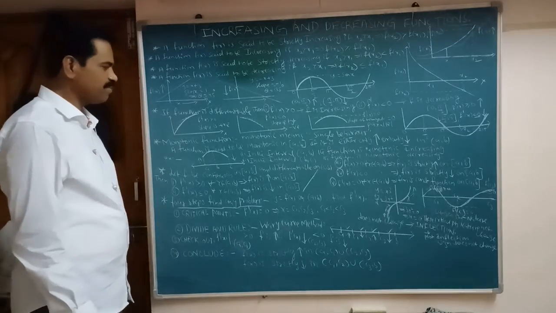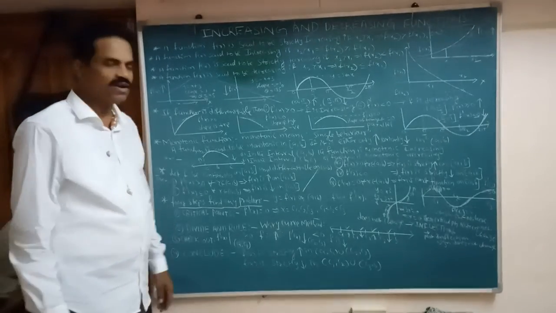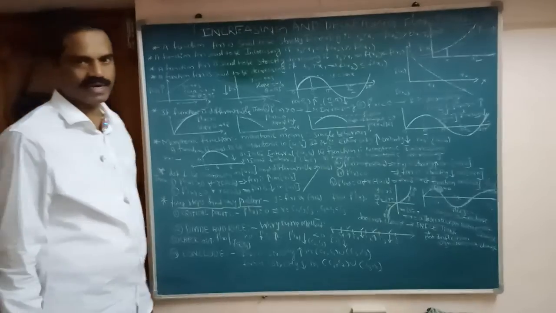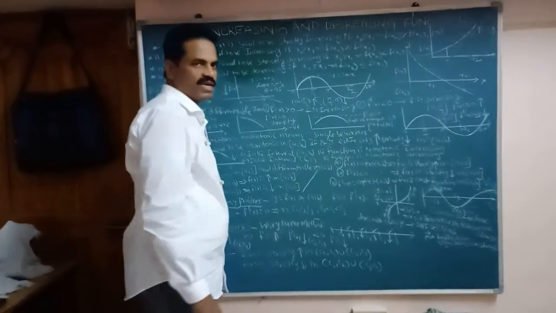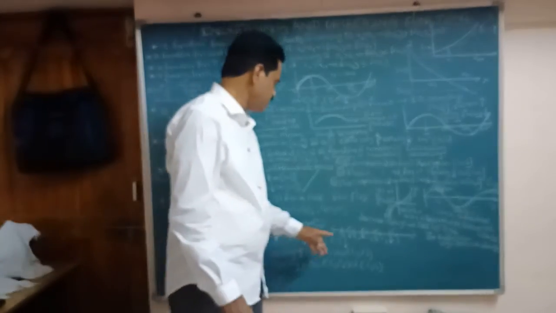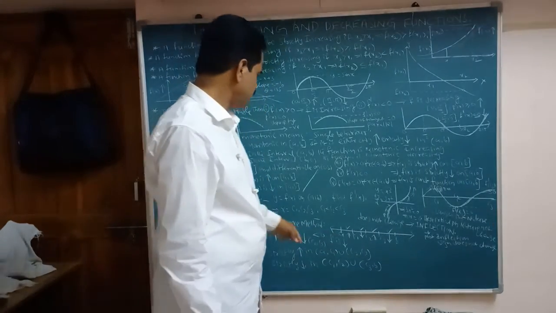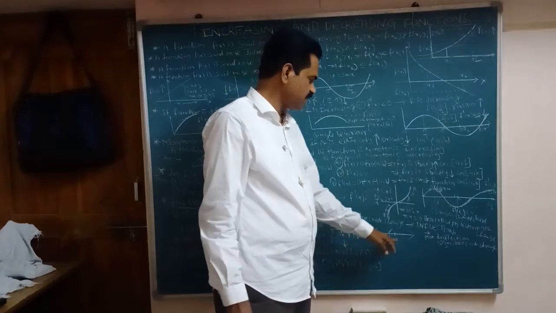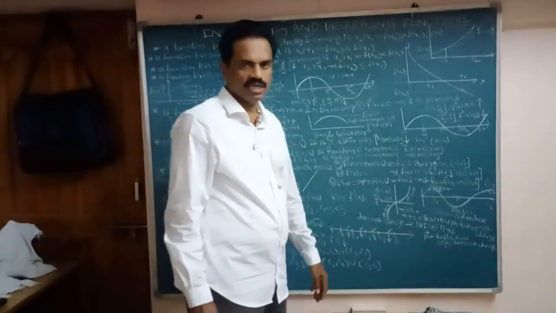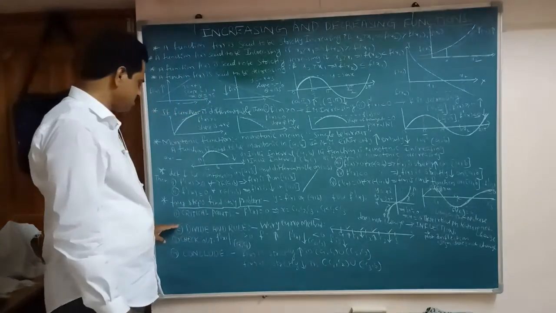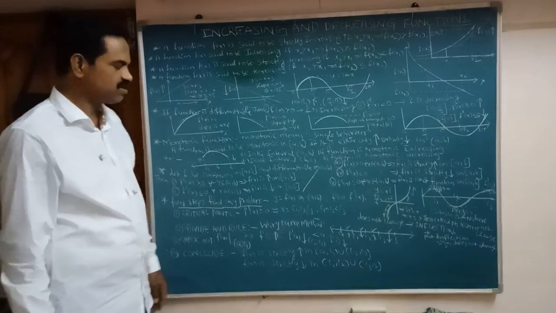Here, first find the critical points. Next, divide and rule. After getting the critical points, make a line. You take a straight line and take the points on it. When an interval is given, you take a comma b, and in between you take the points C1, C2, C3. So this is the second step. And the third step is check out.